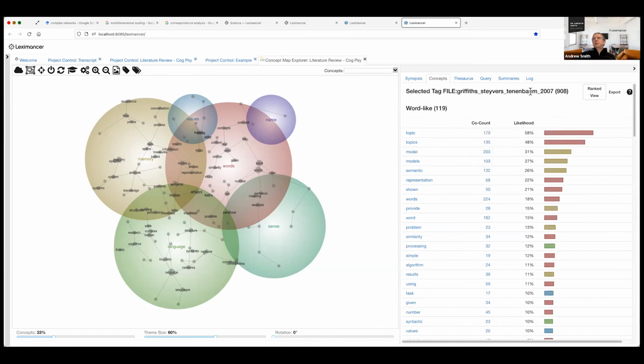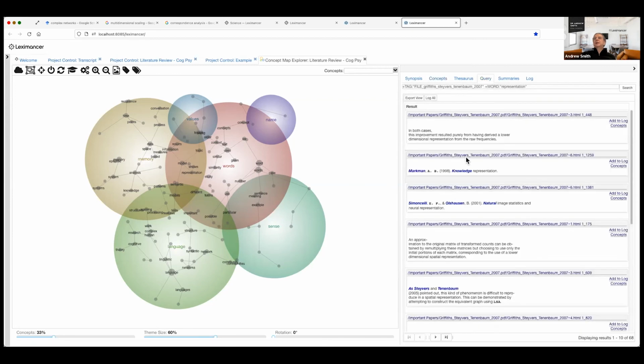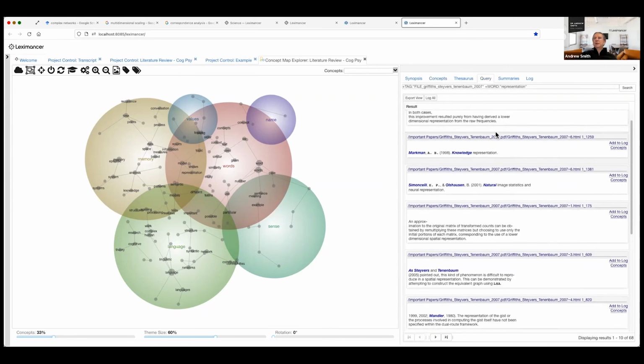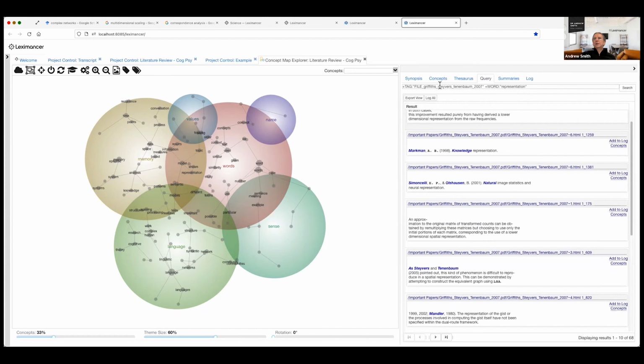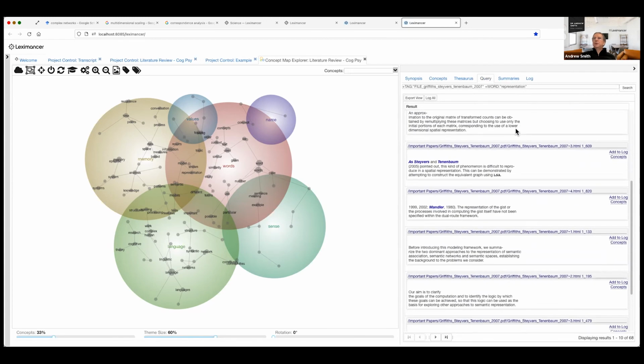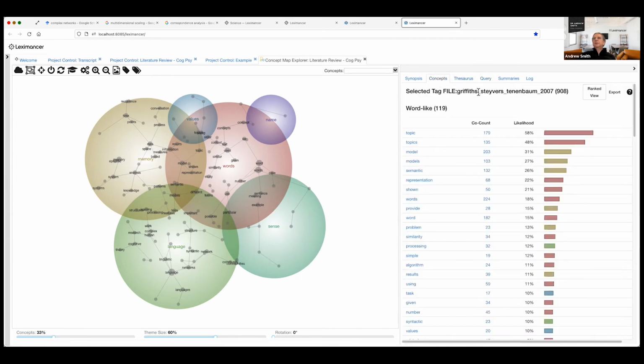And so if I want to see where Griffith, Steyvers, and Tenenbaum talk about representations, I can click on that 68, and it shows me all those text segments which are from that article and talk about that concept. So I can explore the code space using these ranked lists. So that's a quick breakdown of that article.